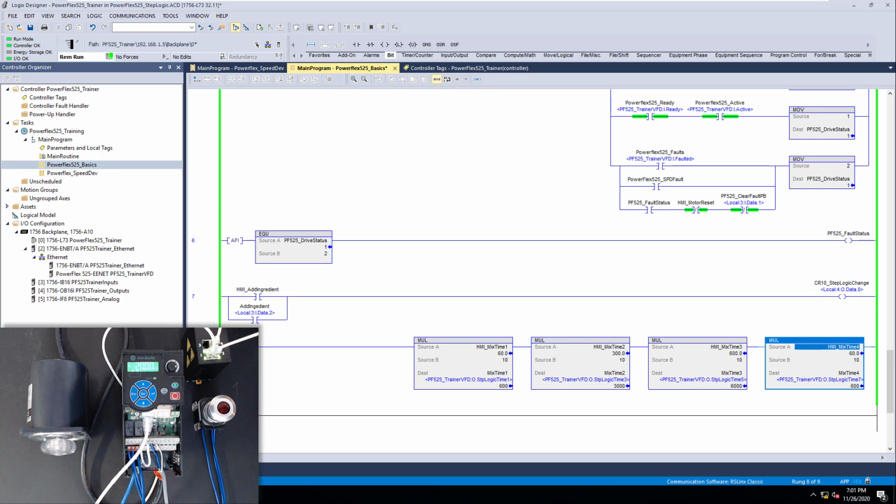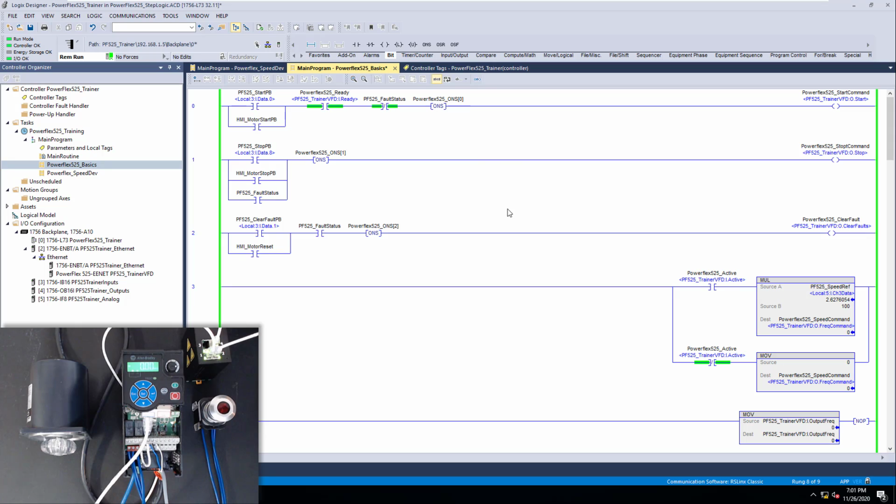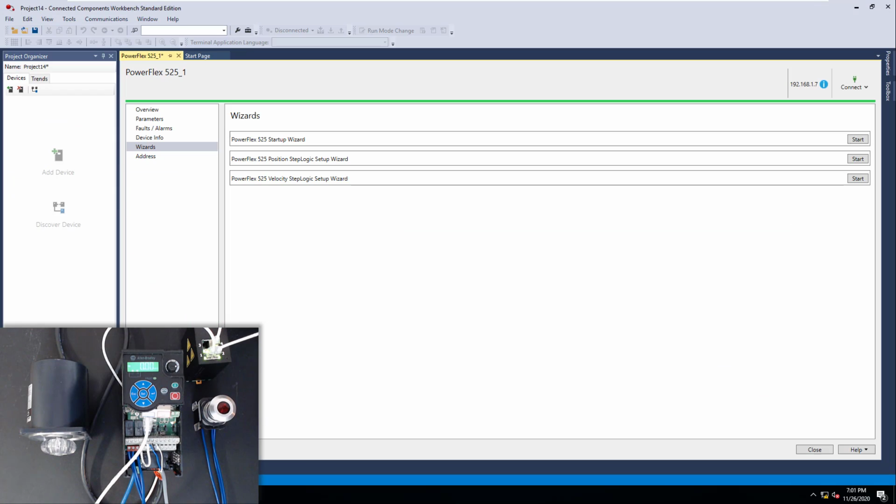Now I'm going to spare you from watching this for the next 15 or 20 minutes, and we're going to show you this stopped. So if I were to stop it, it would actually stop. Now all the stop and start controls are based up here, right? This is all stop and start controls. So all of the actual commands for start, stop, and clear are coming from my actual PLC controls. Now, even though I have the speed reference programmed to be communicating over Ethernet, I'm no longer using that, because